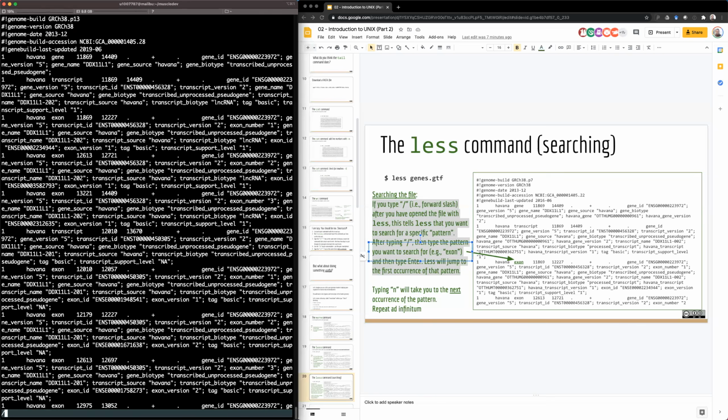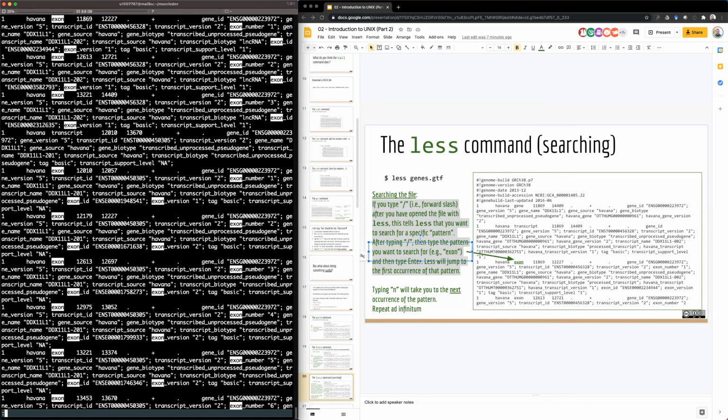So if I hit /, that's telling less that I'm about to search for something. That's the search interface. It's like hitting Control F in Word. I'm going to type exon, and then I'm going to hit enter. And as you can see, it highlights